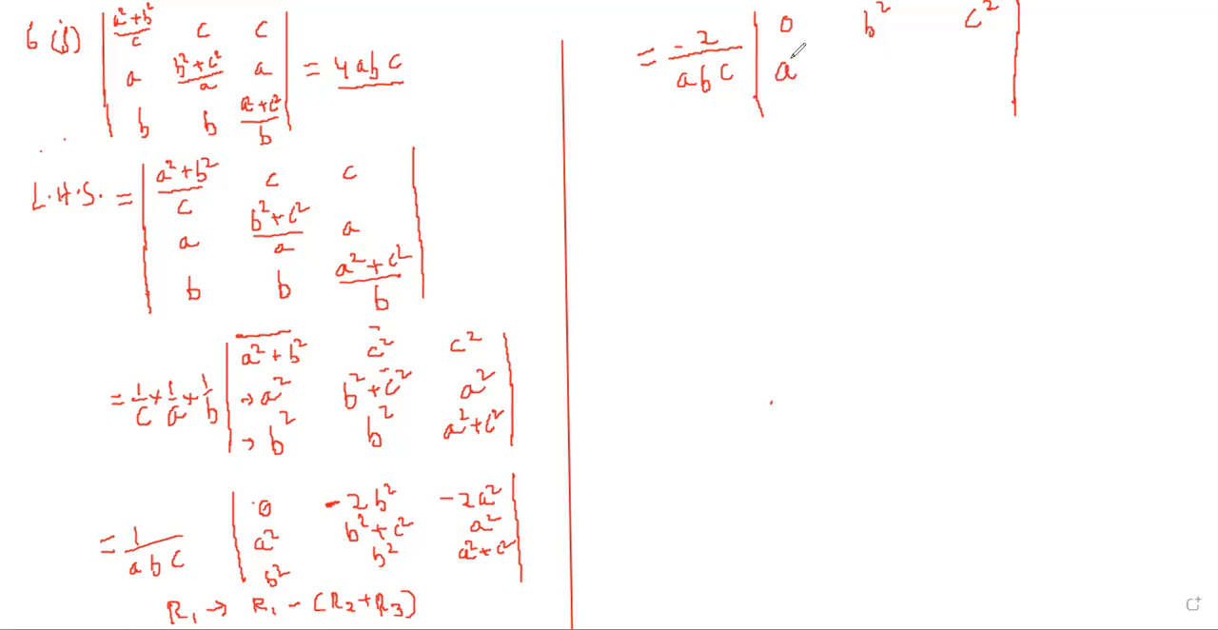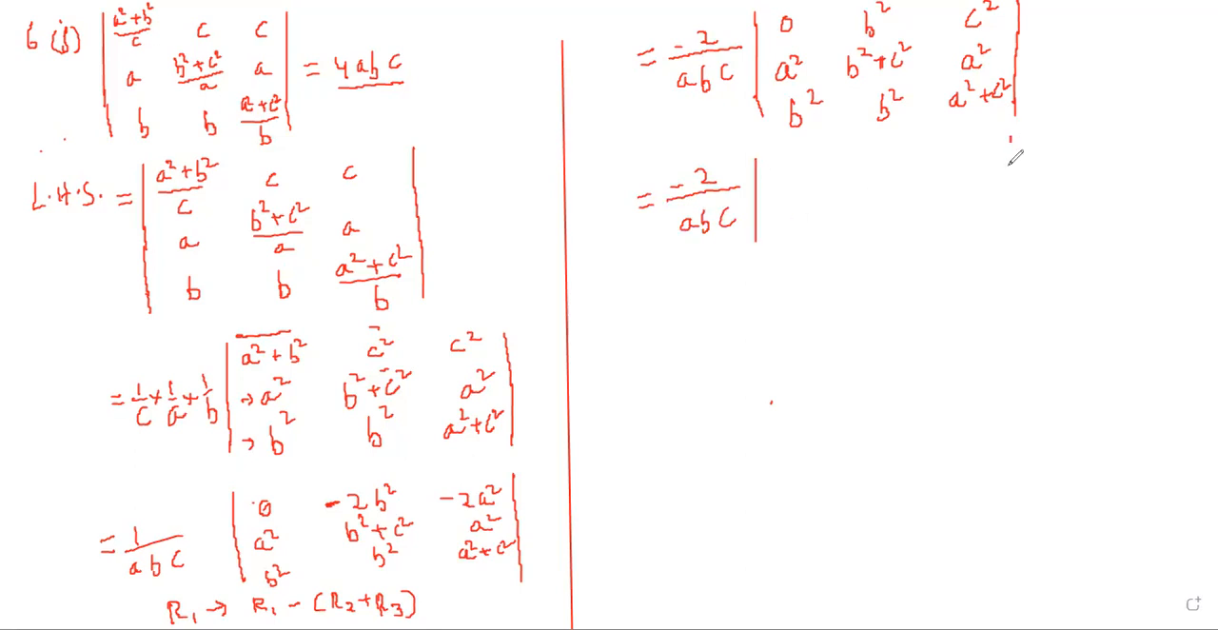Second row, a square, b square plus c square, a square. Third row, b square, a square plus c square. Now we have to save this 0 as well as